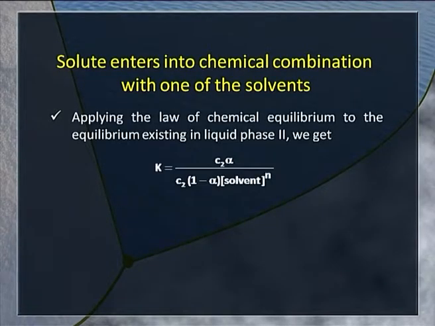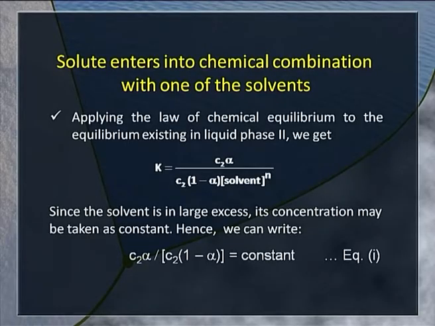We can now apply the law of chemical equilibrium to the equilibrium existing in liquid phase 2. We get K, the distribution coefficient, equal to C2 alpha divided by C2 into 1 minus alpha, concentration of the solvent raised to N. But we know that the solvent is in large excess. Therefore, we can take the concentration of the solvent to be a constant. Hence, we can write C2 alpha upon C2 into 1 minus alpha equal to constant. Taking this as equation 1,